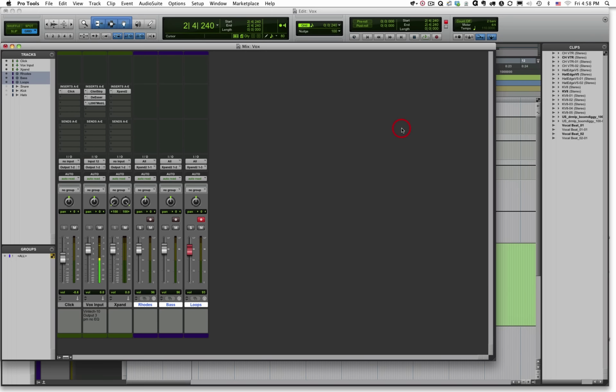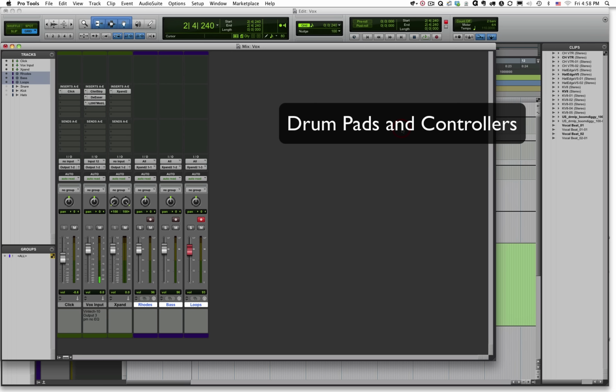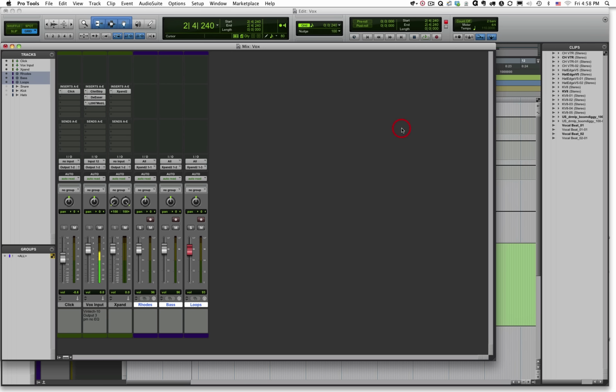Some of the other controller types that there are include EWI, which is an electronic wind instrument. There are also drum pads or drum kit controllers. There's mallet controllers for guys who are mallet players, like marimba or vibraphone. There's also MIDI controllers for guitarists, so you can play an instrument that acts like a guitar, but instead of